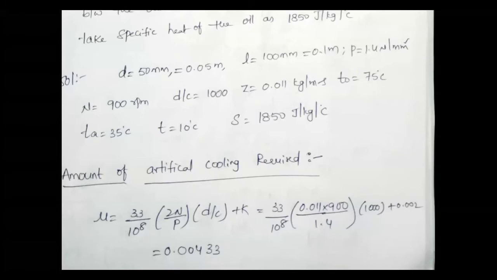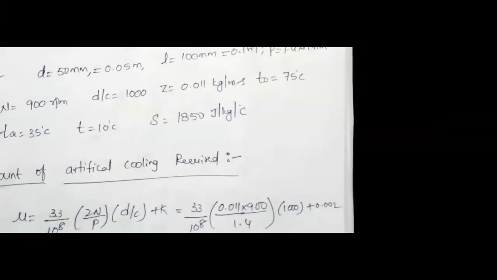Okay, fine. So I hope you have the coefficient of friction value 0.00433, right? So simply you have to move to the next slide. That means next step. Now try to calculate the load on the bearing, because in heat generation, you have a formula. What is the formula? Qg equal to mu into W into V.